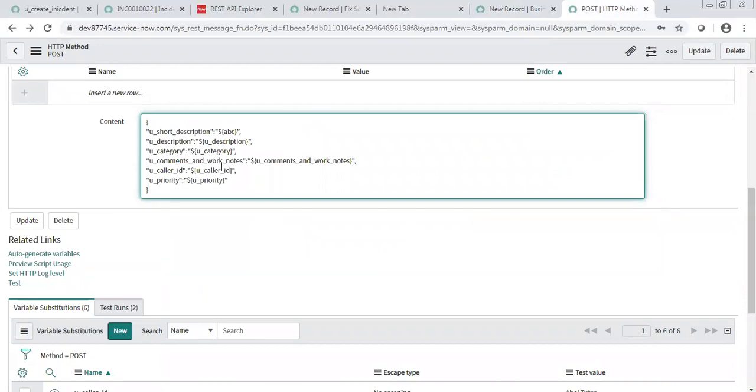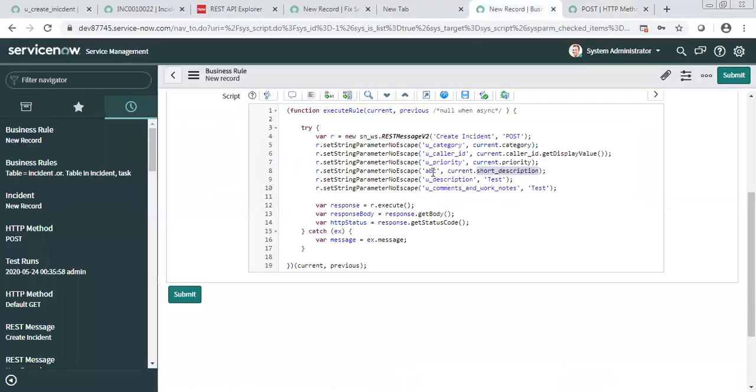This key should not change. This is the staging table thing. This is my own thing, like my tool thing. I can define any variable. This is a kind of variable which I am going to pass through the business rule. So if I am defining ABC here, the same thing I need to write there, because I am going to tell my web service, when you call this method, you will find a variable called ABC in the content part of it. Just replace it with the short description.